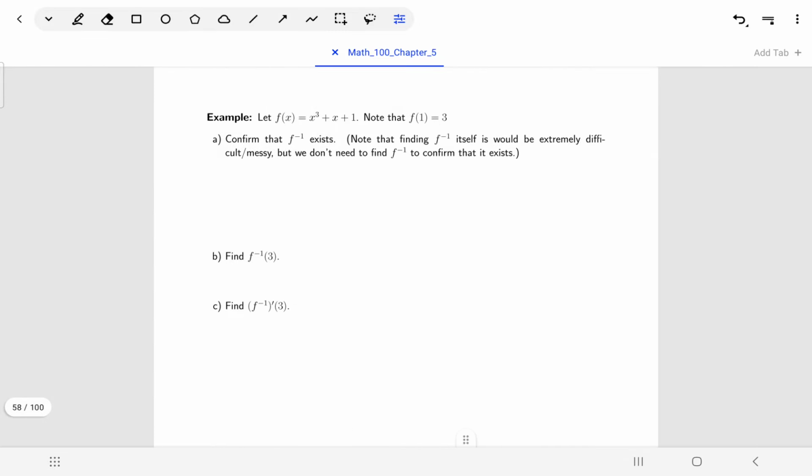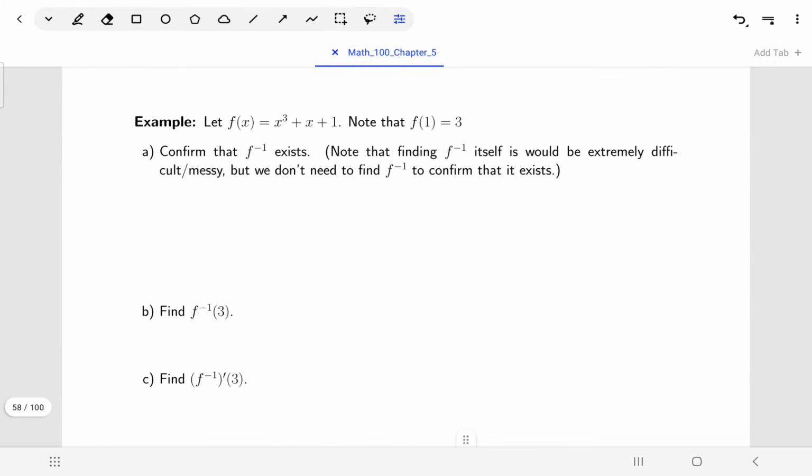Now, the nice part about the previous theorem is it doesn't even really require you to know what the inverse is as an equation if you're just looking for the derivative at a point. So here I've got this function, x cubed plus x plus 1, and I am just making a little side note to myself here that there's for sure this one obvious point on this curve, f of 1 is equal to 3. So just first off to note here, this is definitely going to be an invertible function,